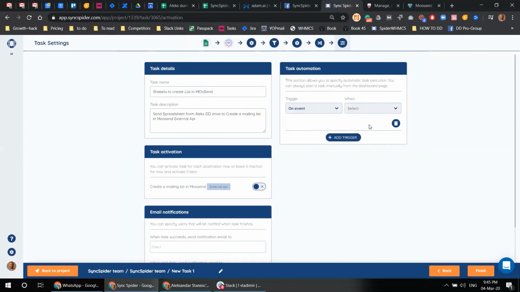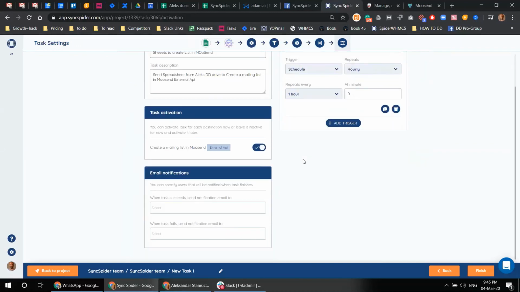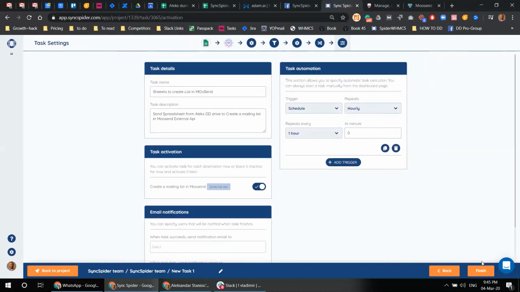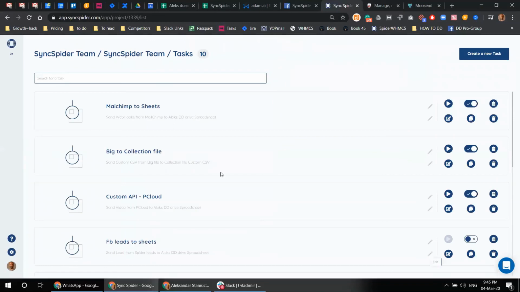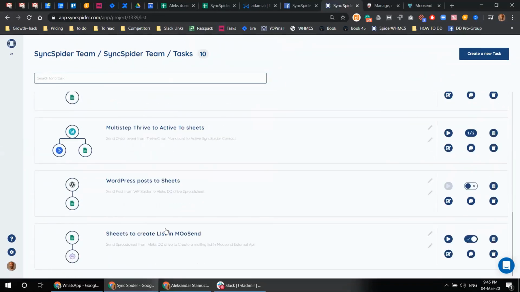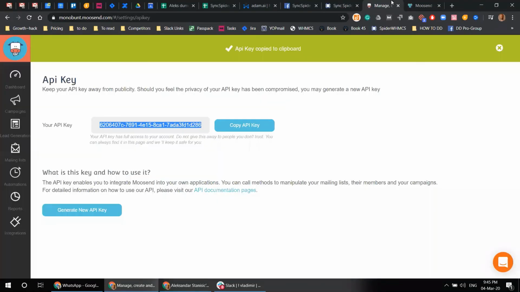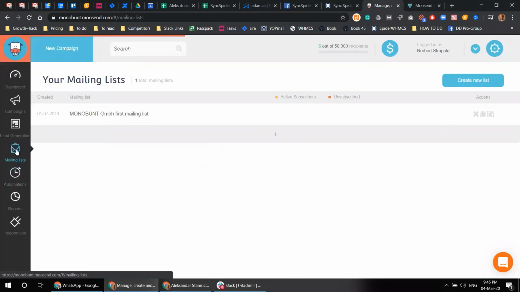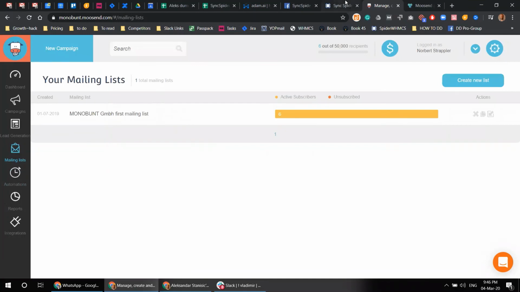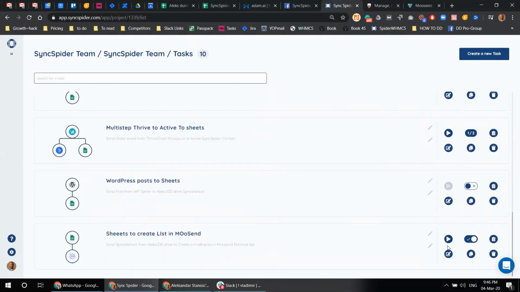As you know, we allow workflows. So basically, an event will give you an option for this task to be started after some other task. But I'm just going to leave this on a schedule, hourly schedule. Let me turn on the task immediately and move next. And this is it. Where's the task? This is the task. So I'll go back to my Musen account just to showcase this. So basically I had one list here. Now when I run a task,